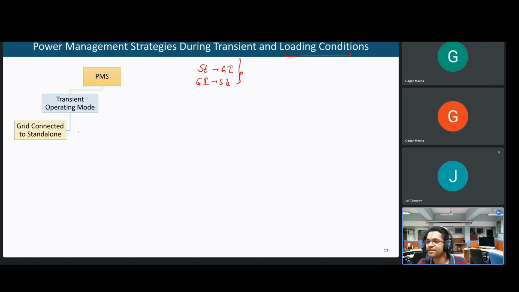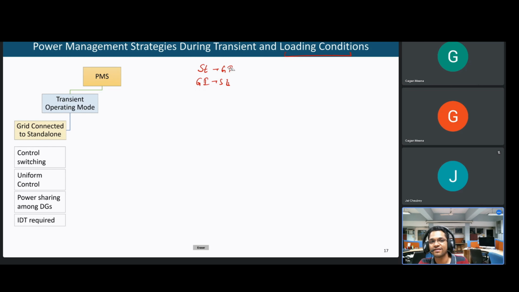In transient operating mode, the first case is when there is a transition from grid connected to standalone mode. We have also discussed in previous weeks different types of islanding detection techniques. Suppose before islanding, the DGs were operating as grid feeding converters, so they are operating in the PQ mode of operation. And if there is an islanding,